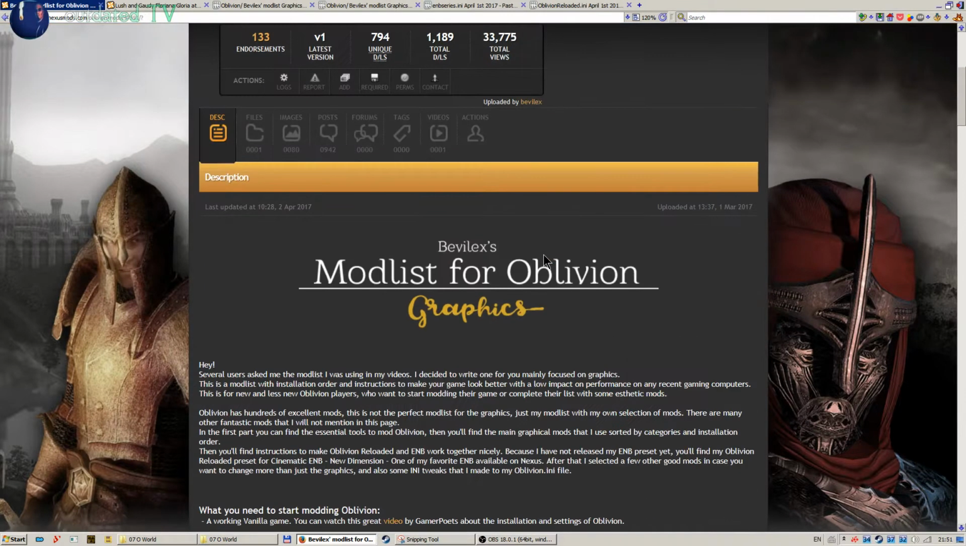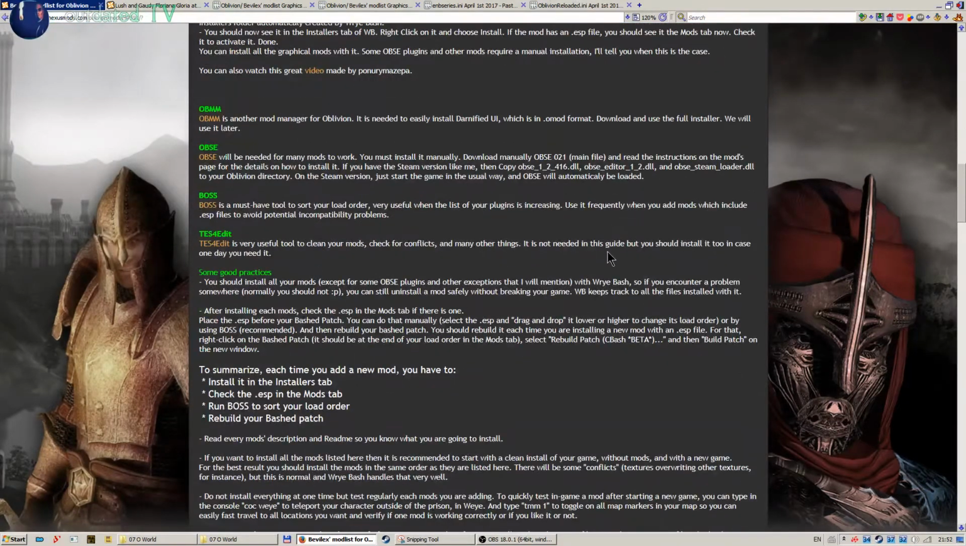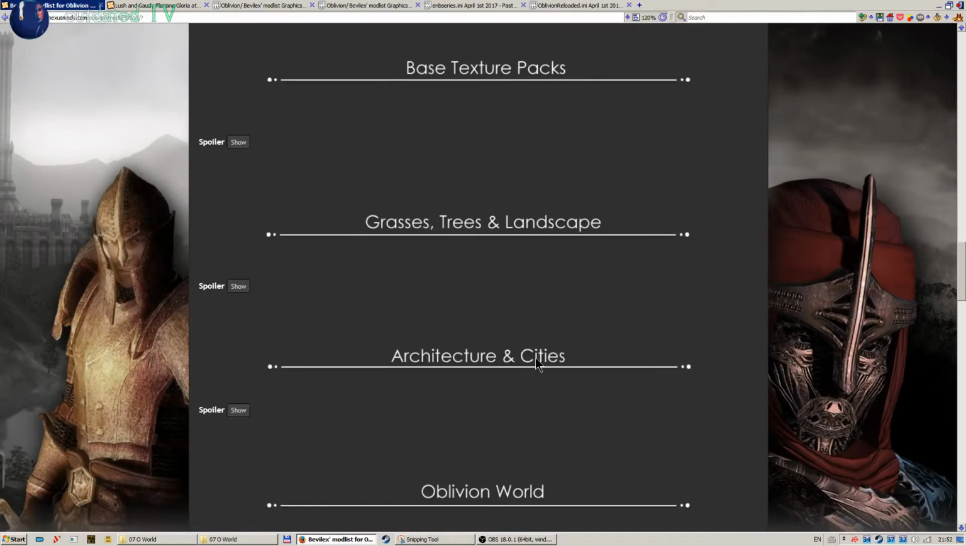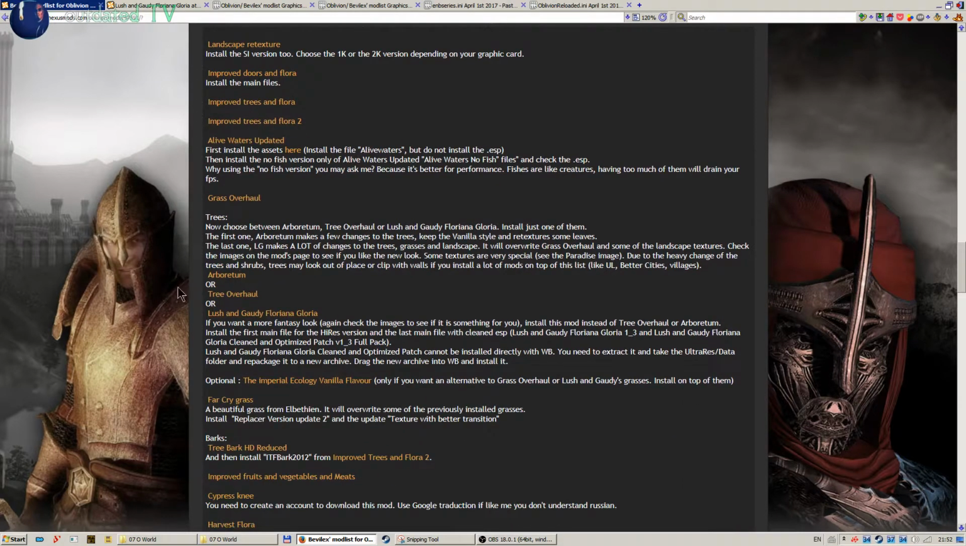So let's go to Bevi's guide, and I will also show you what to do with the TES lot gen, the distant terrain generator, and the landscape generator after I install it. So in the Bevi's guide description, go to grasses, trees and landscape, and if you installed all the other mods in the correct order, then you stumble upon the choice between Arboretum, Tree Overhaul or Lush and Gaudy Floriana Gloria,